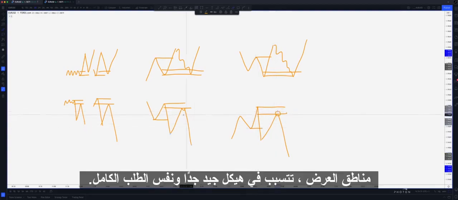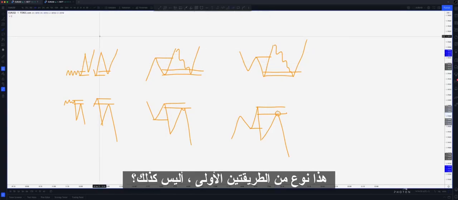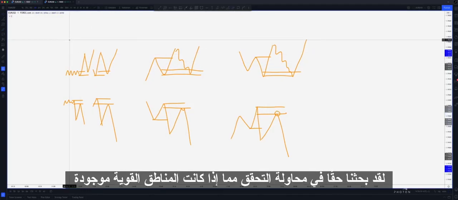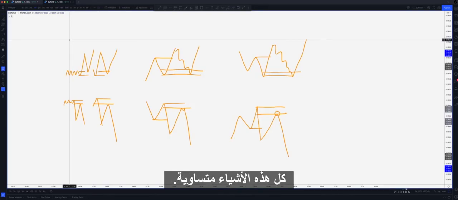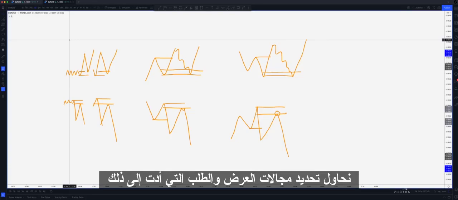Because those areas of supply cause a break of structure, and the same for demand. So that's the first out of two ways that we've really looked to try and validate where those strong zones are in the market. All else being equal, we're trying to identify those areas of supply and demand that led to a break